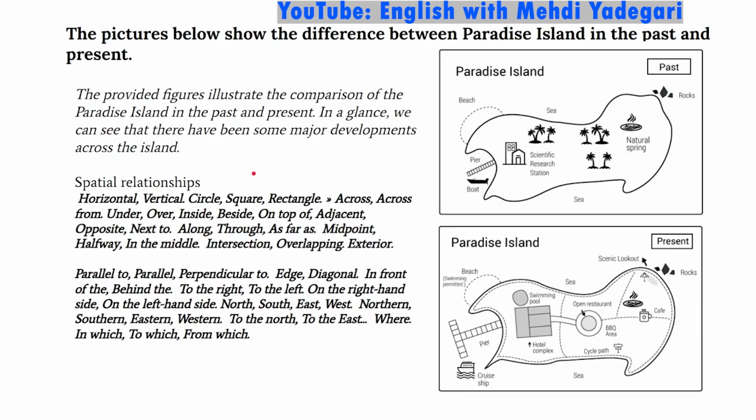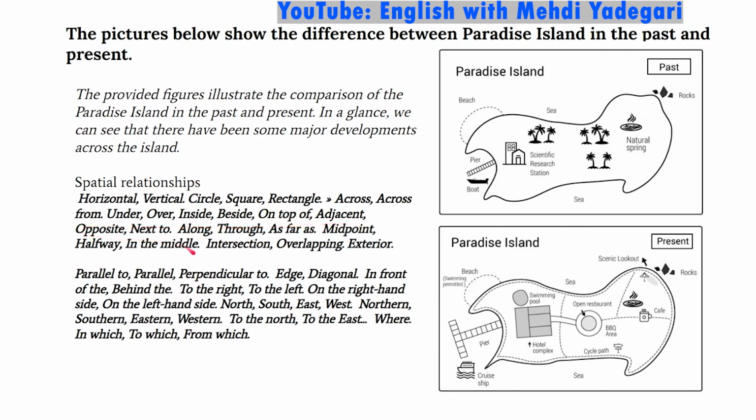A spatial relationship is basically indicating where in the picture or the plan you're talking about, because you can't just say the scientific research station, even though it's a little bit obvious. You can't just name places. You have to say where they are. Like, you can see the north, the west, the south, the east. Of course, you can also have more specific spatial relationships, such as these, like over, inside, beside, on top of,